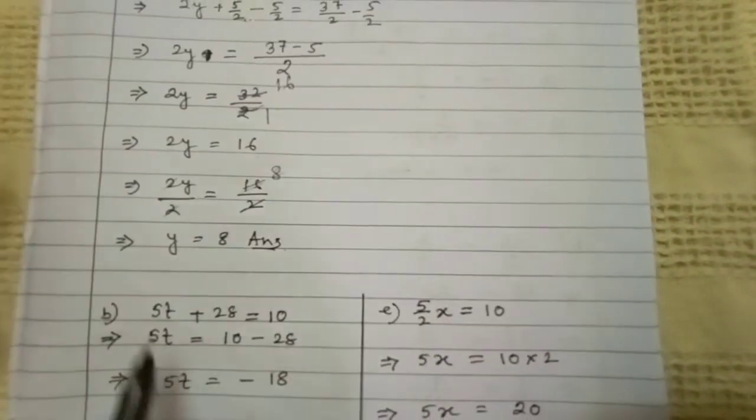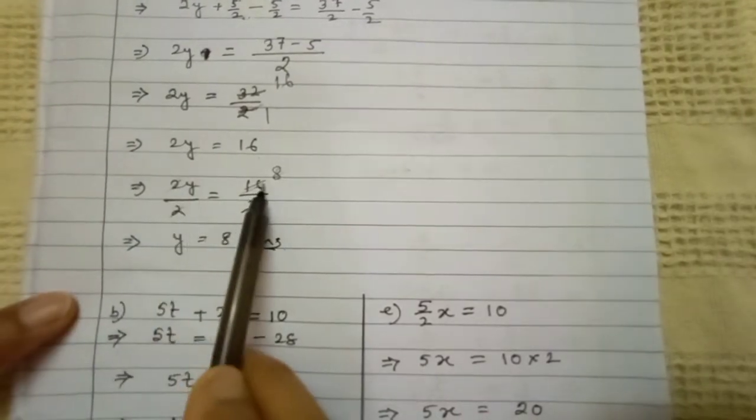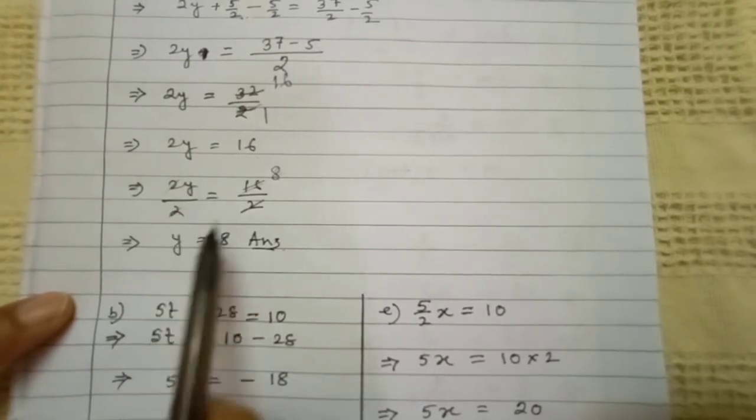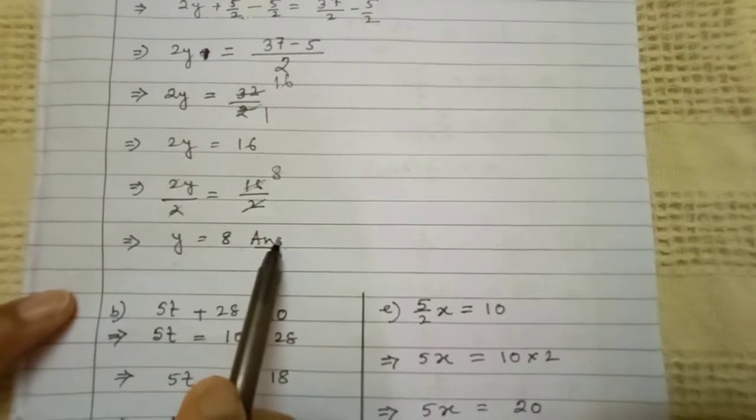To remove 2 we need to divide by 2. So 2y by 2 equals 16 by 2. 2 and 2 cancelled out, y equals 2 8s are 16, so 8. This is our answer. Next question is,